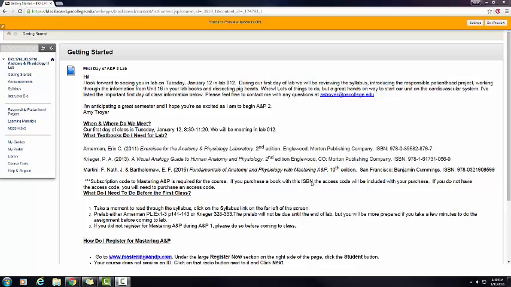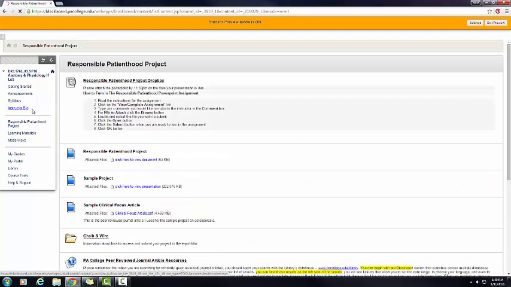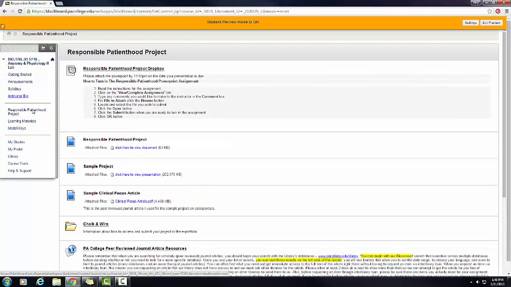I'm going to go through some of the details about the project and just help you remember what we talked about in lab, and then also show you some of the resources that I've put on Blackboard for you. So if you're in your lab Blackboard page, on the left hand side you'll see that it says Responsible Patienthood Project. And if you click on that, it will give you a list of various things that you can use